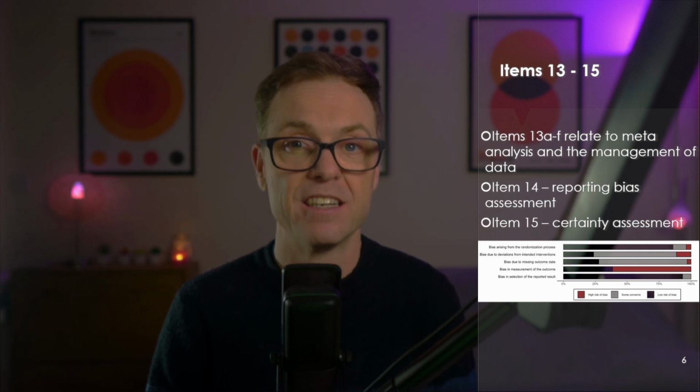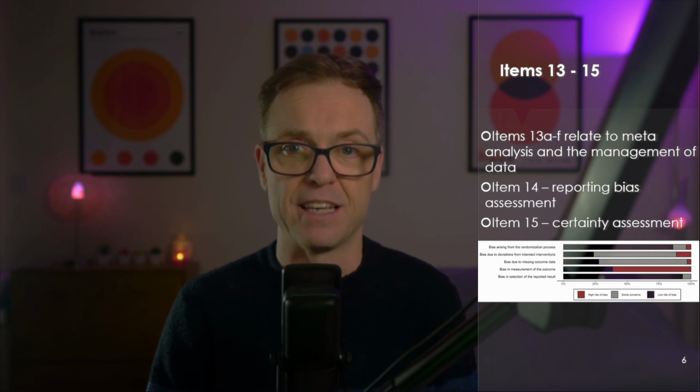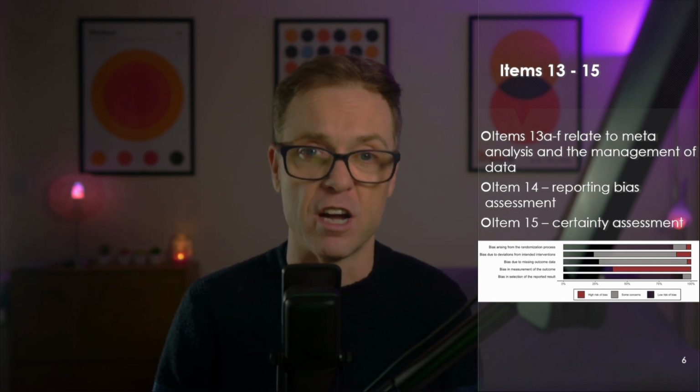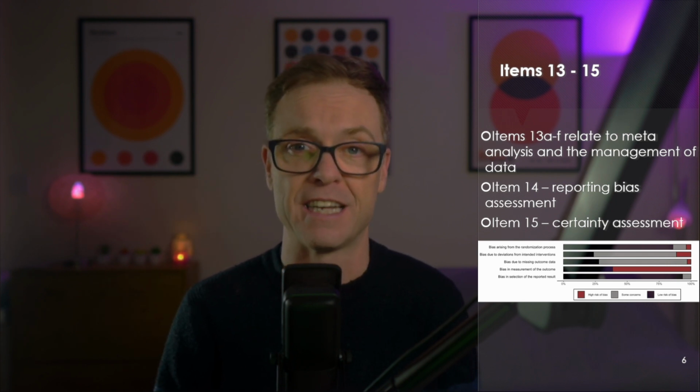And that's the same for item 13C, which is describe any methods to tabulate or visually display the results of individual studies or syntheses. And I'm not going to describe items 13D, E or F, as these are even more specifically focused on the detail of how quantitative analysis is conducted, which, as I've said, you're not required to do, as the expectation is that you narratively synthesize your